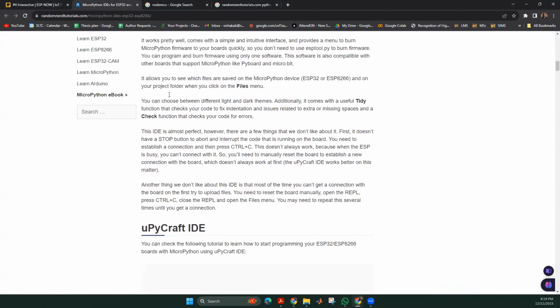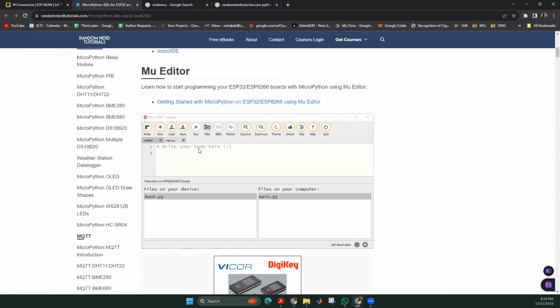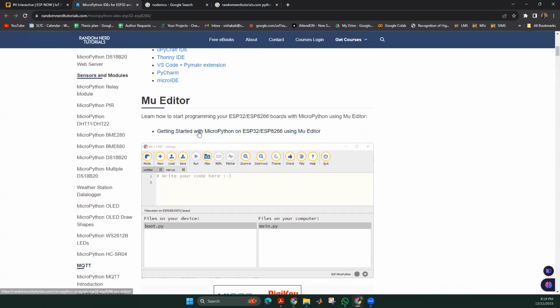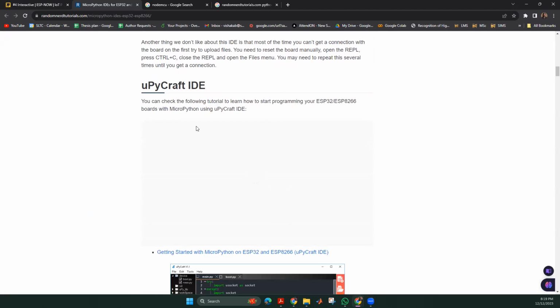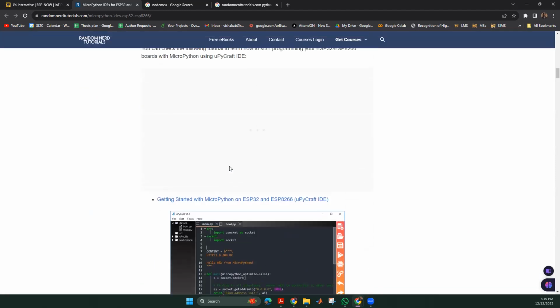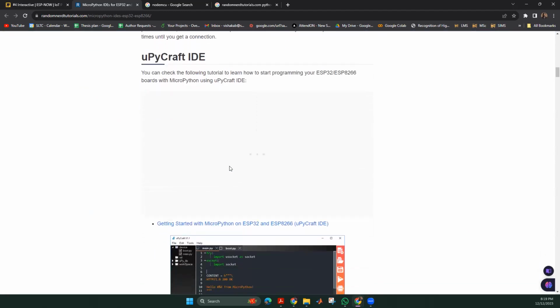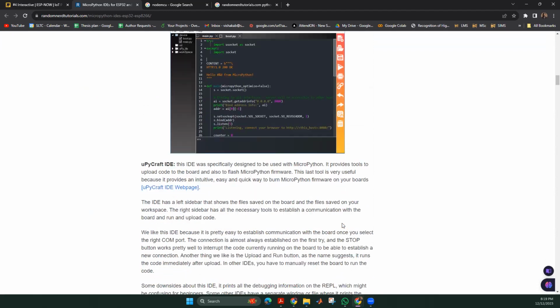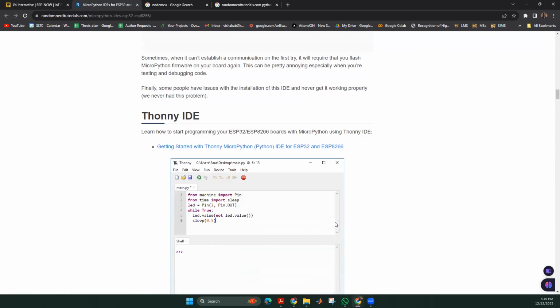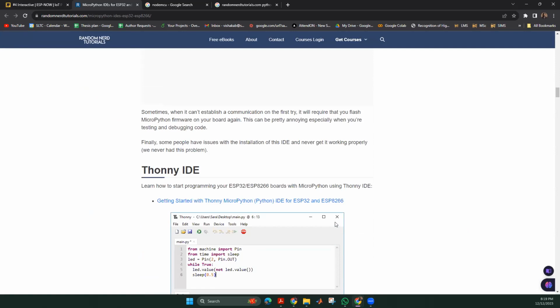So the steps of installation you can find in this website. So you can actually install the IDE based on the instructions given in here. So I think installing the UPyCraft I have already done. So you have to install based on the given installation instructions.